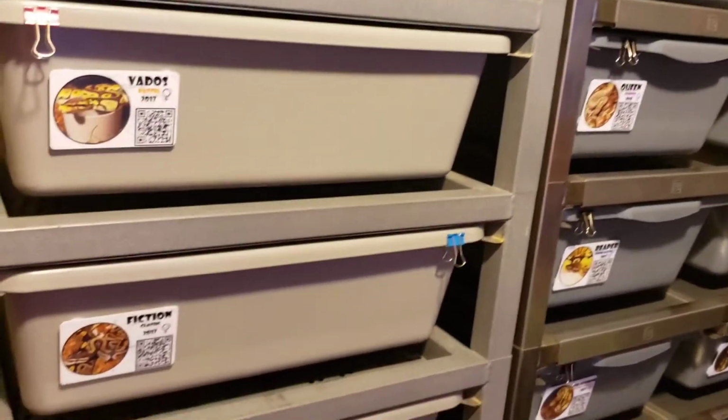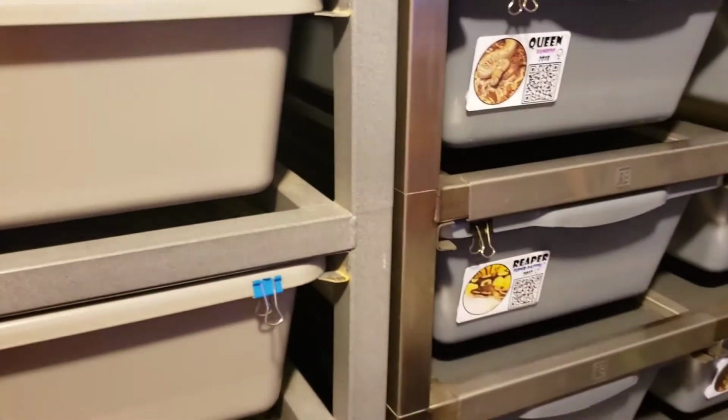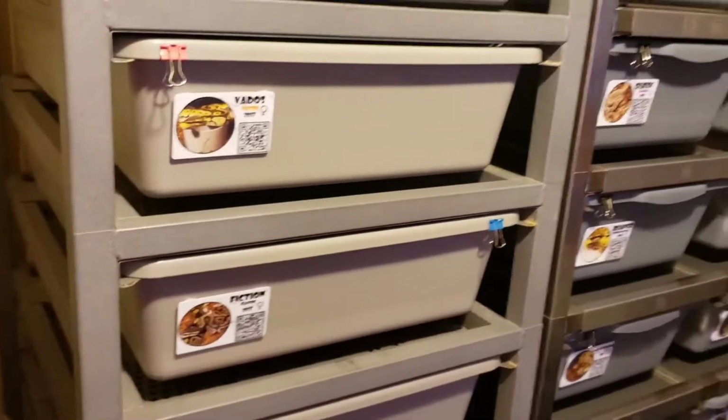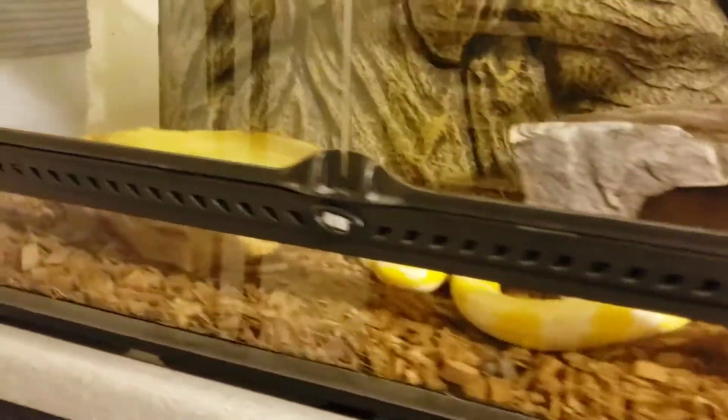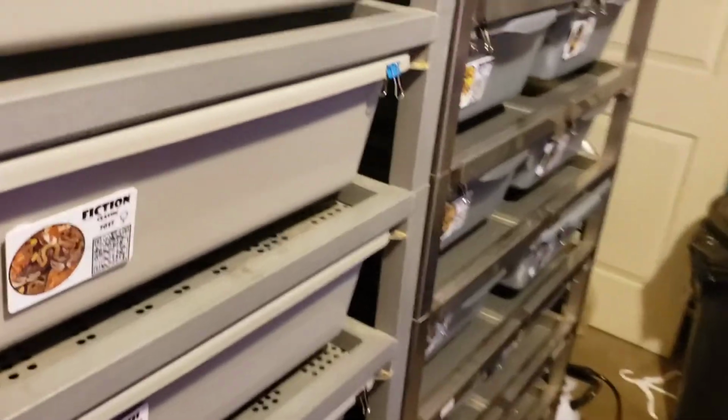And the thing you need to keep in mind with that is your humidity is going to be different in every state. Your humidity is going to be different in every city. Your humidity is going to be different even in the different rooms of your house. So if you are in a room that does not have a lot of humidity, you're going to want to go with something that is going to stay wet for longer, and that's going to keep a pretty high humidity, because it's going to dry out fast. However, if you're in a room that has 70, 80, I've seen people that sometimes have like 90% humidity in the room and it's really hot and very uncomfortable, you're not going to want to use something like this,